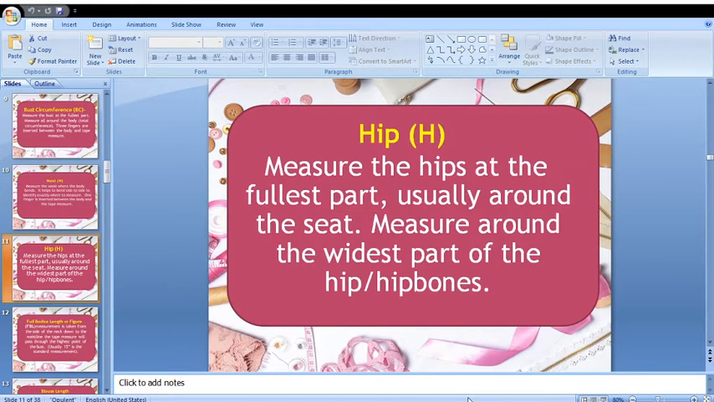we have the hip. So in measuring the hips, measure the hips at the fullest part, usually around the seat. So this is how we are going to measure the hips. Measure the hip at the fullest part. Alright, so there. This is how you're going to measure the hip at the fullest part of the butt. Alright, so next,